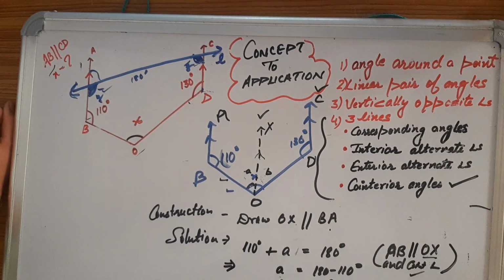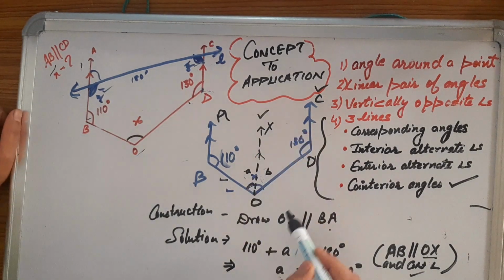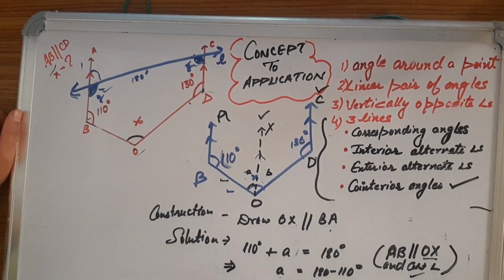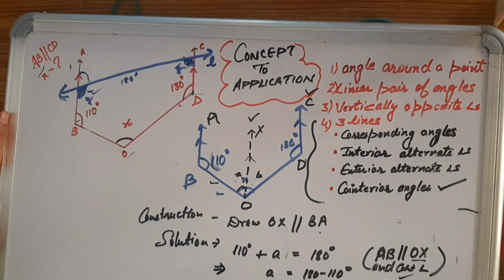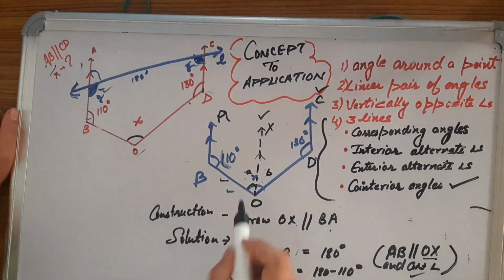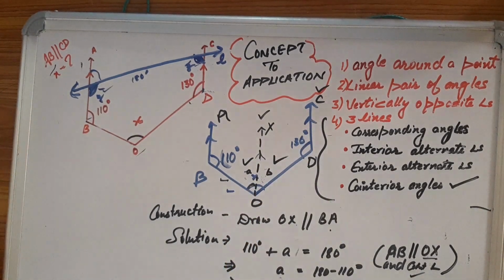If you have to say this is parallel to this, then you must write some steps. So you can write here, OX is parallel to AB, but AB was parallel to CD. That would be enough. By writing that, you're saying OX is parallel to AB, which is further parallel to CD. That means OX is parallel to CD. But you must write this. You cannot write straightforward OX parallel to CD. And after that, they are co-interior angles. Then in the end, you will get angle B equals 50 degrees. So you got your A and your B, then you can easily find out your X.